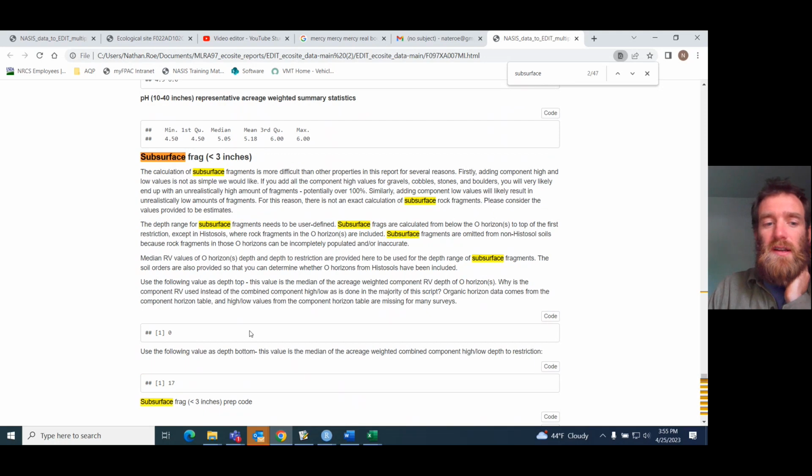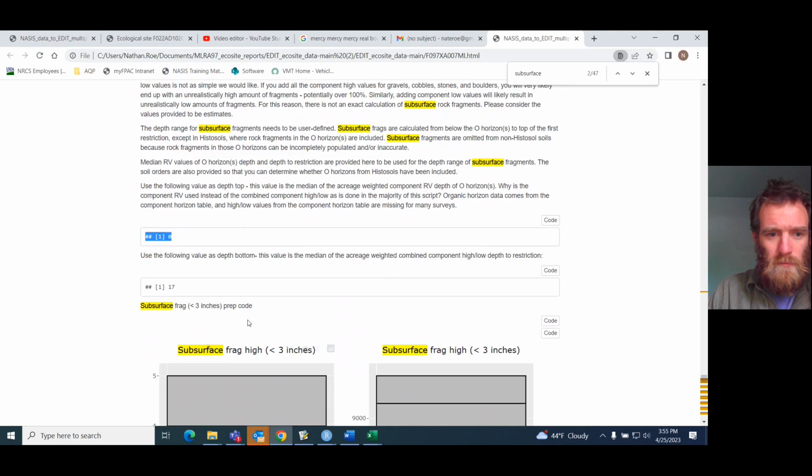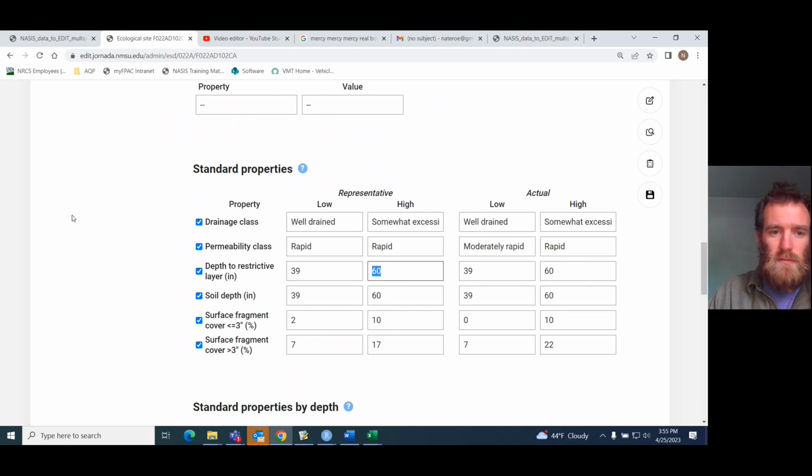Okay, this subsurface frag section will basically tell you the depth range that it's reporting for. It will say here, use the following value as the top depth. This value is the median of the acreage weighted RV component depth of O horizons. So it is also telling you here, so if we go to surface fragments,